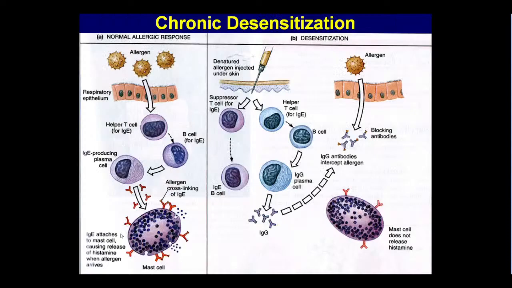But in the left part of the slide, you see the so-called normal development of anaphylaxis with the attachment of the immunoglobulin E to the mast cells. In the right part, you see chronic desensitization, when to the patient's organism are injected repeated, rather large portions of the allergen that is administered together with the anti-inflammatory substances, antihistamine drugs, maybe steroid hormones. What is the idea? This allergen that for a long time